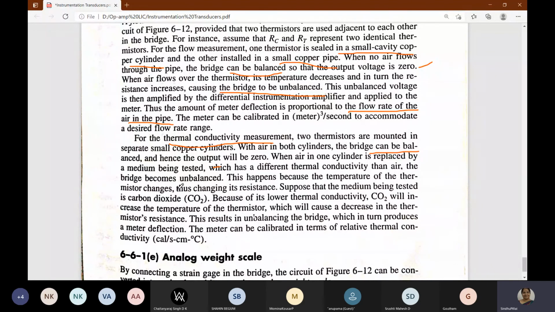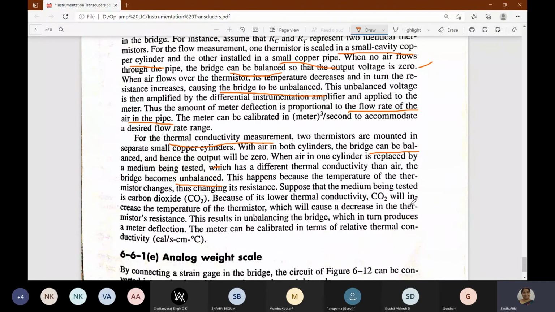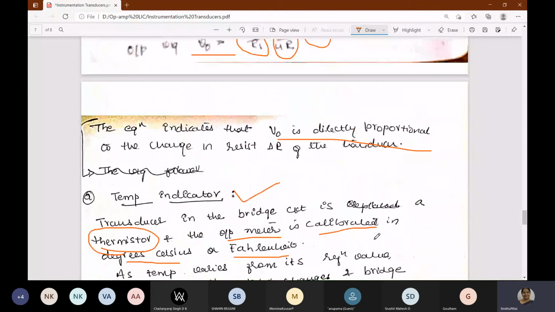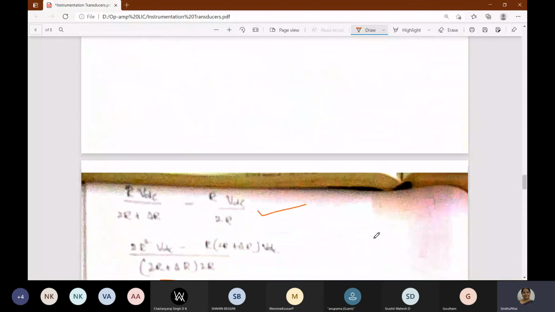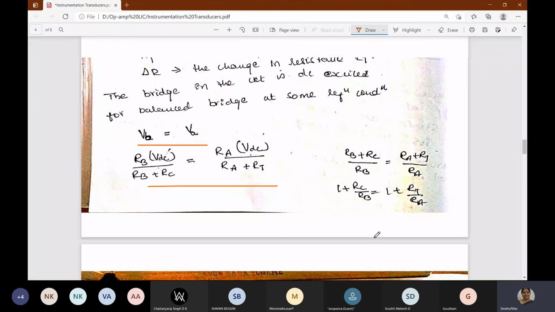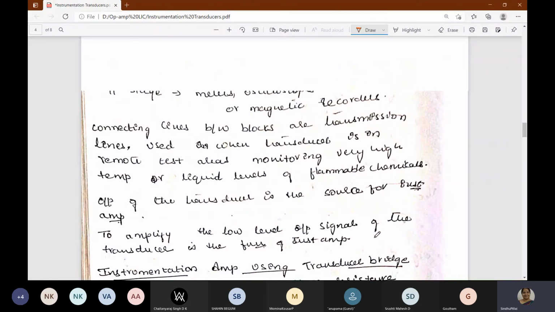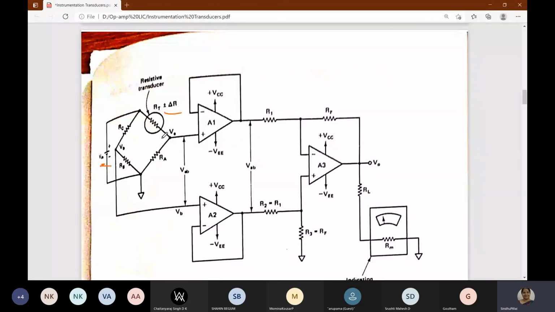So it can be used in different ways with the circuit diagram. This circuit diagram is very important to measure different physical quantities. Here you can go with resistive transducers. It may be a thermistor, a strain gauge, a photocell, or you can go with light intensity transducers. We can measure with flow meters. All types of transducers can be used in this bridge to measure the